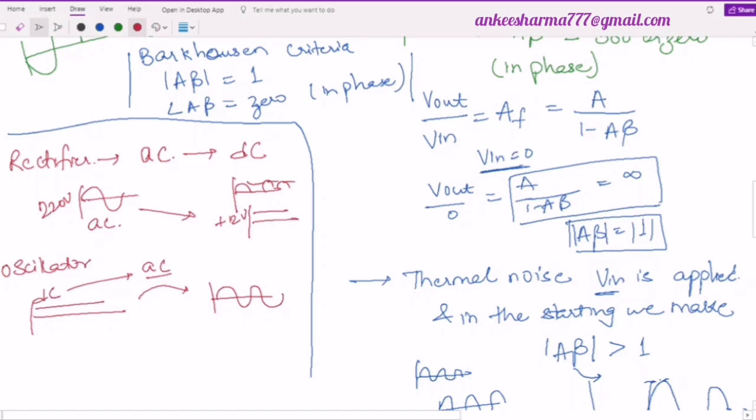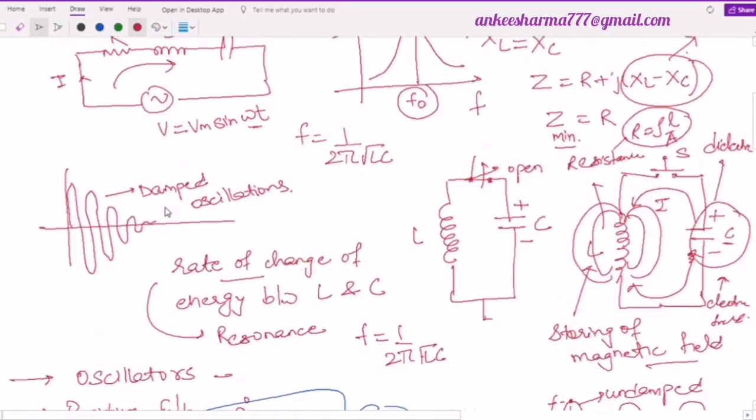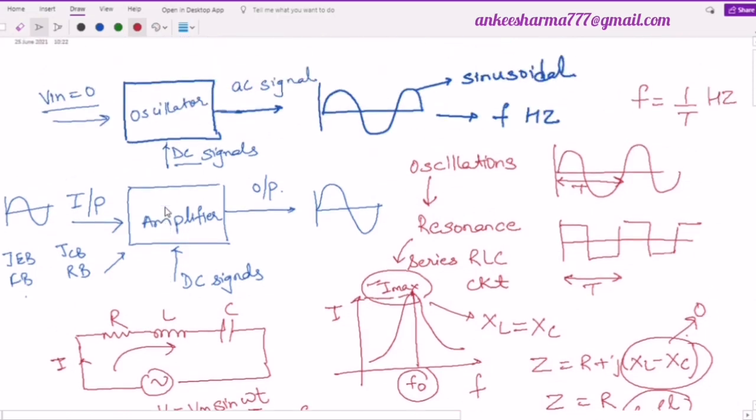In an amplifier, we only have the biasing circuit, biasing voltages and the input voltage as an AC, and that is amplified at the output. So in the amplifier, the output is being controlled. Over here you can see this output is being controlled by the input signal. If the input voltage is high, then definitely the output voltage will be higher, depending upon the amplifier gain,